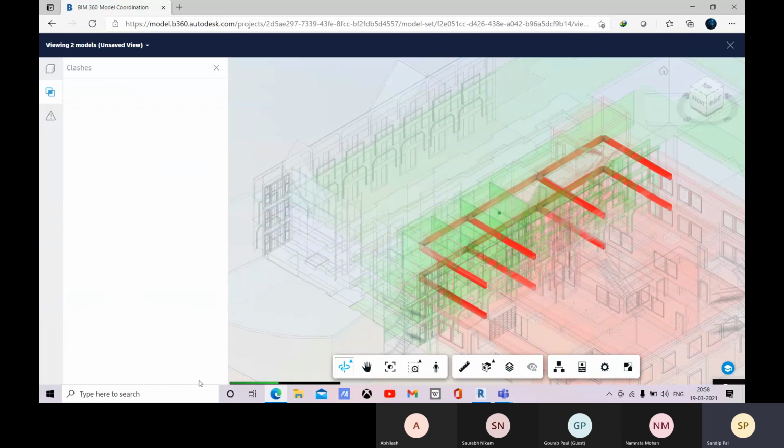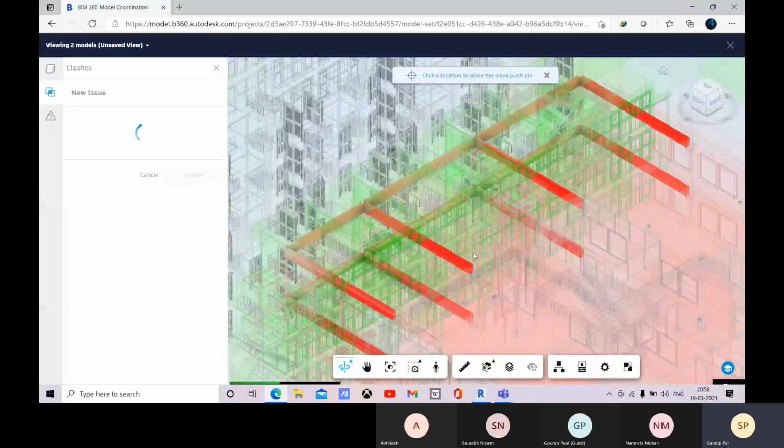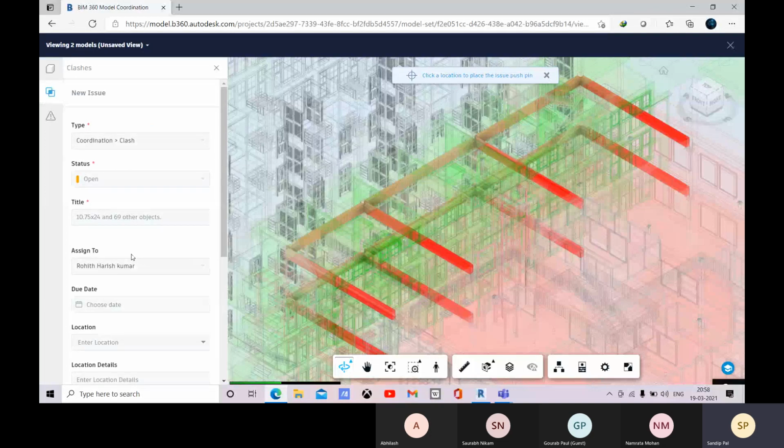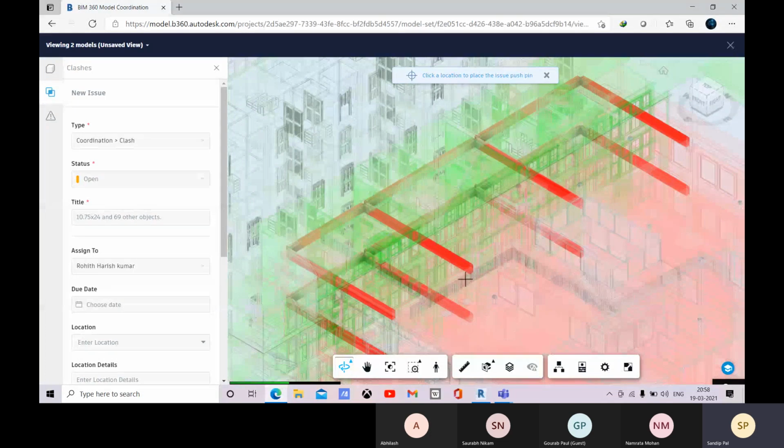Let's create an issue so that it can be solved by any better person within your team. This part we have already covered, how you can create an issue, so you remember that. Just place your push pin there.